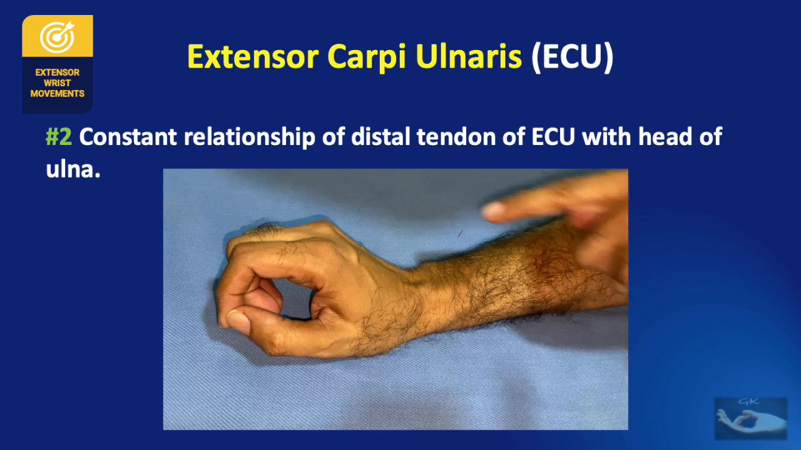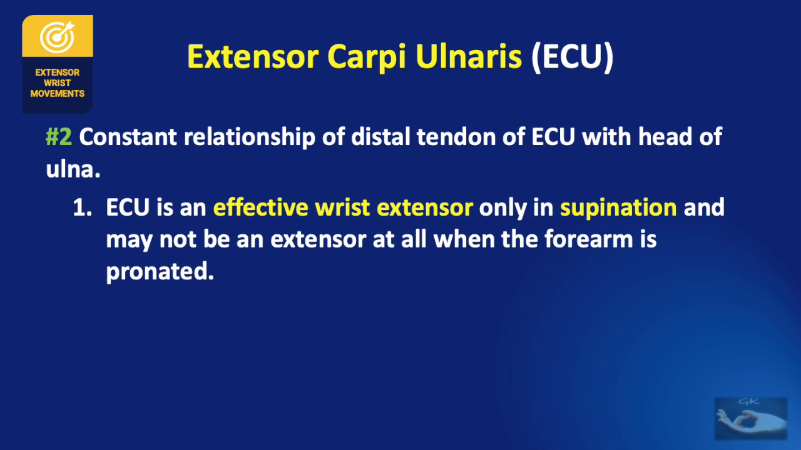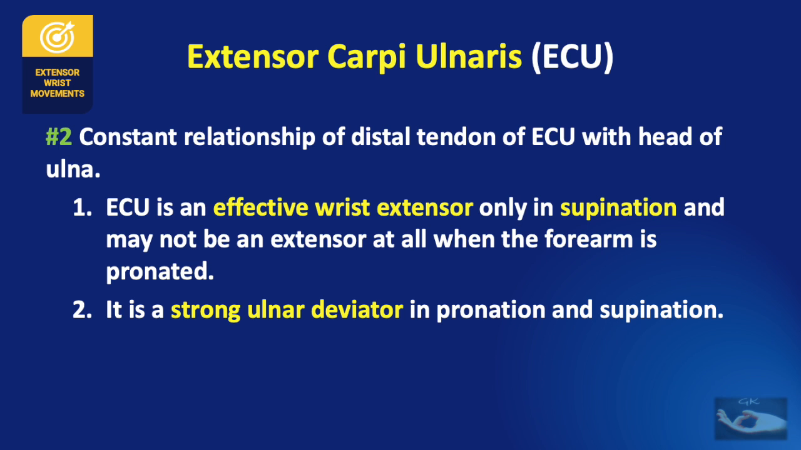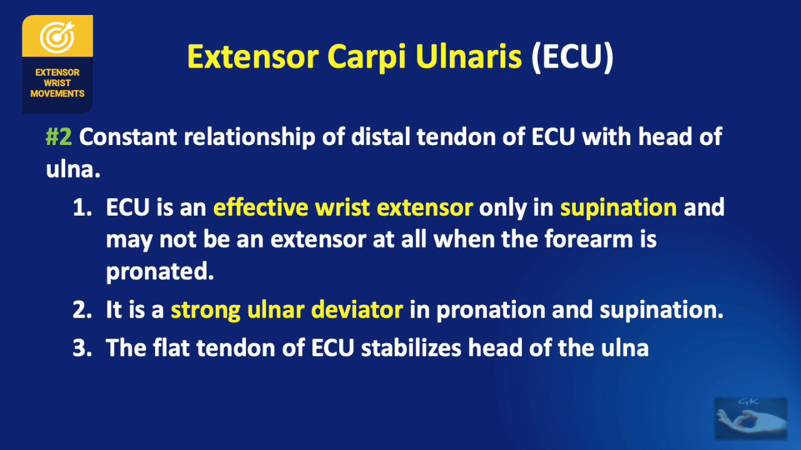The message is that due to the constant relationship of the distal tendon of the ECU with the head of the ulna, the extensor carpi ulnaris is an effective wrist extensor only in supination and may not be an extensor at all when the forearm is pronated, but it will continue to be a strong ulnar deviator either in pronation or supination. This relationship of the tendon of the ECU is very important because it stabilizes the head